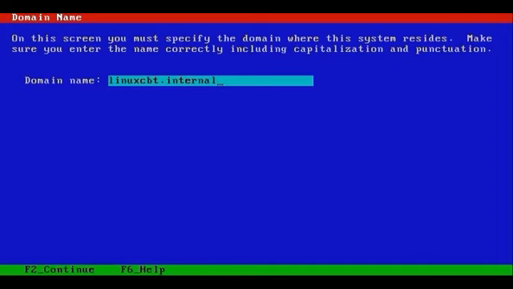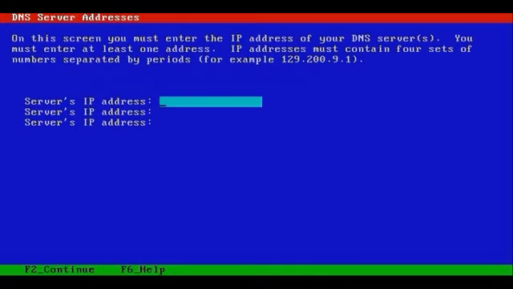Let's F2 to continue, and here we specify up to 3 DNS servers. We can, once the system's up and running, change the resolve.conf file or the default file which houses the DNS servers to include additional DNS servers, but the installation screen limits us to 3 DNS servers. We mentioned that we have 2 DNS servers, or a couple DNS servers in our network, and their IP addresses are as follows: